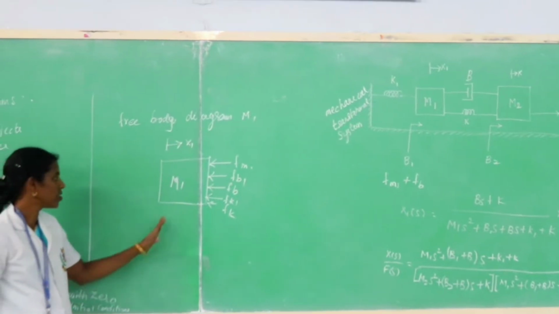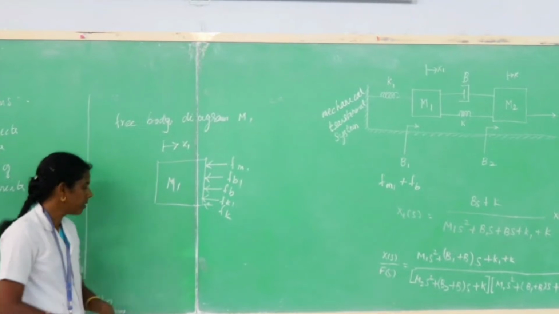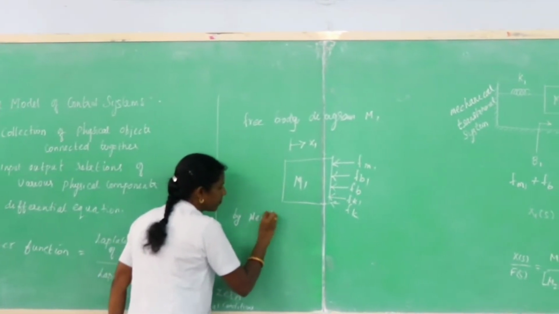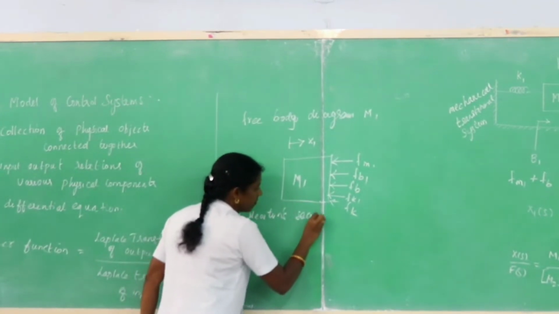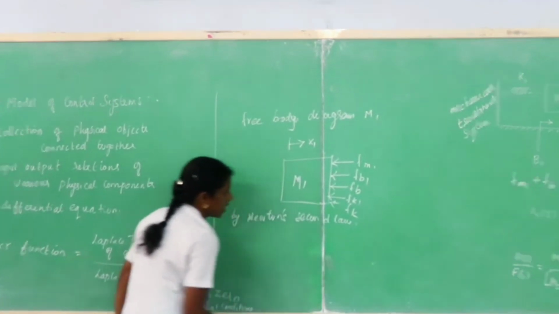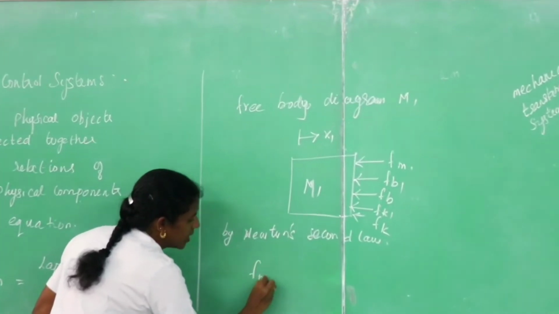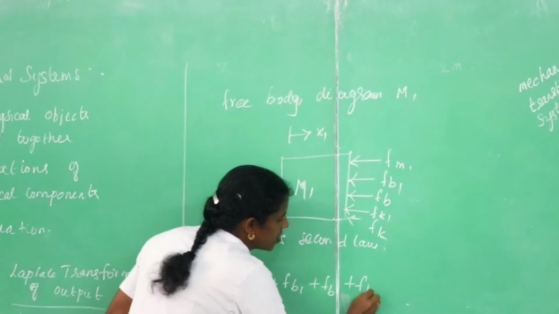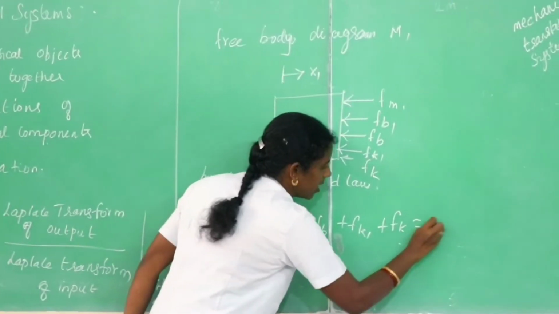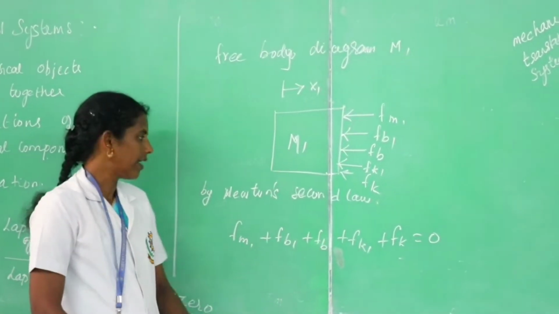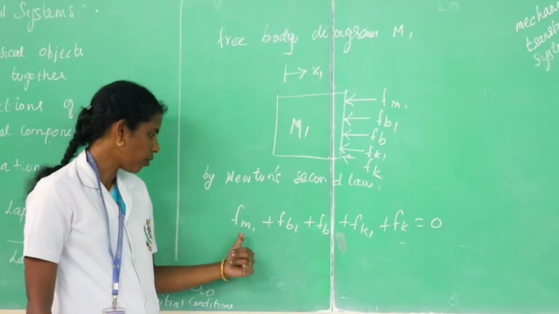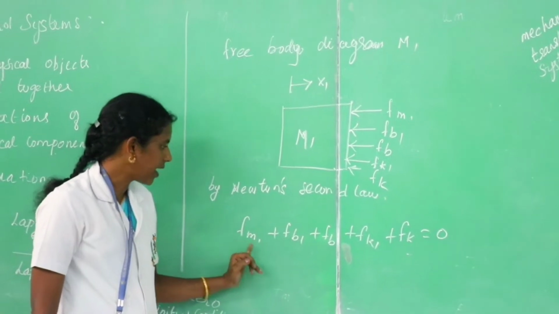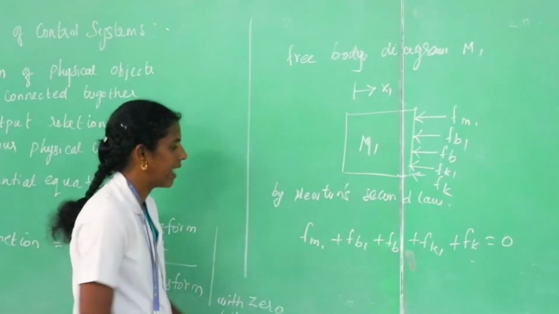There is no force applied for this m1. So, by using Newton's second law, we have to write Fm1 plus Fb1 plus Fb plus Fk1 plus Fk is equal to 0. Already I told about how to write the force balance equation for these three elements. So, considering that, we are going to write the equation directly as